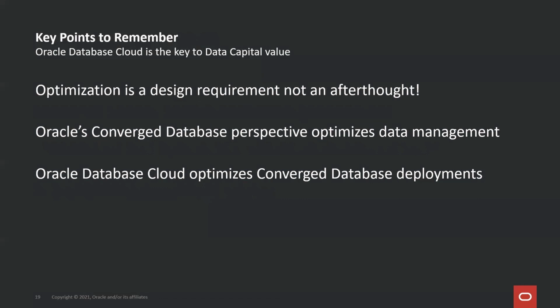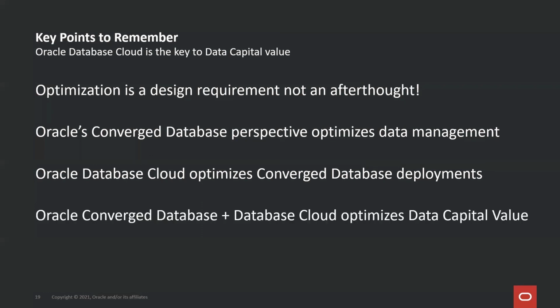Oracle Database Cloud is the best way to optimize your converged database deployments, no matter what kind of workload you have. And the combination of Oracle's converged database perspective and Oracle Database Cloud optimizes the value of your most valuable asset, your data capital. Just like our Unicommer example, more information, faster, enabling the business to more rapidly act at